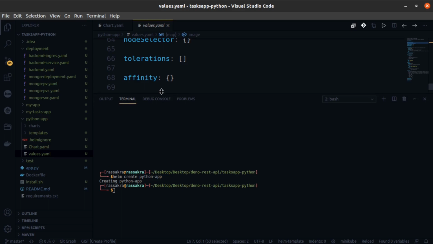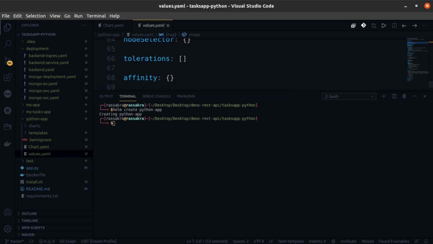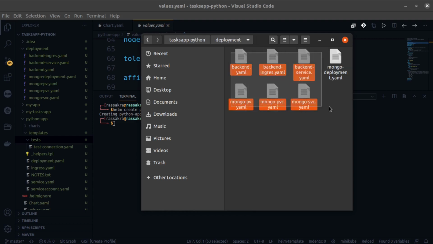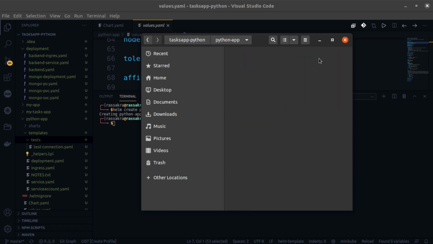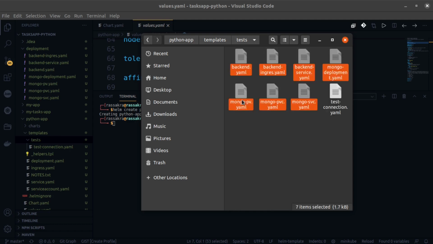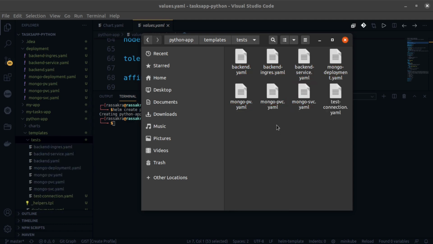So we have a list of templates. So we have a list of commands to manipulate charts and releases in our Kubernetes cluster. So first of all, what we need is to copy all these files from the deployment folder to the templates tests folder. So in the Python deployment folder, we will copy all these files and go here, Python application charts, templates, tests, and